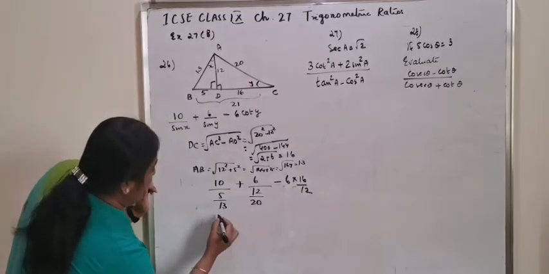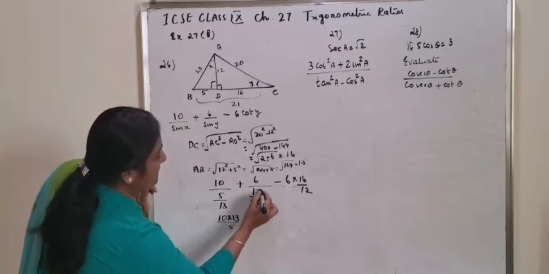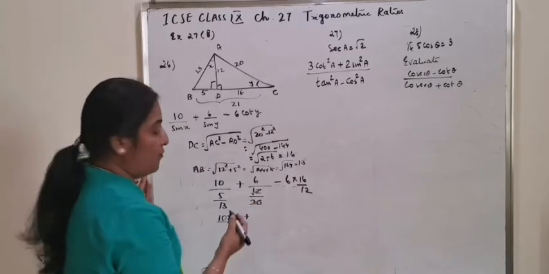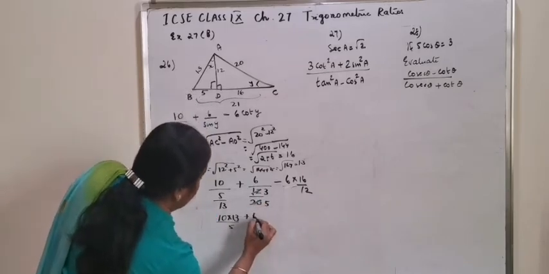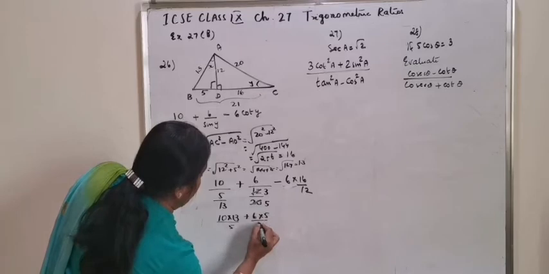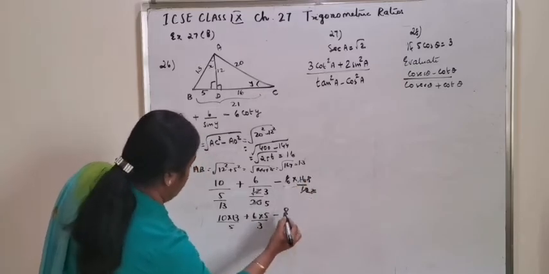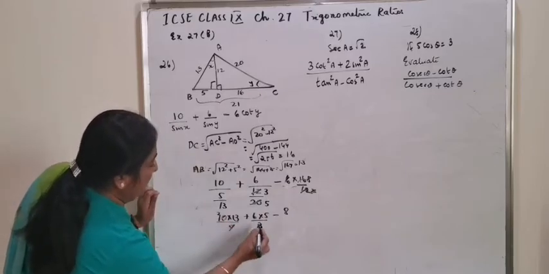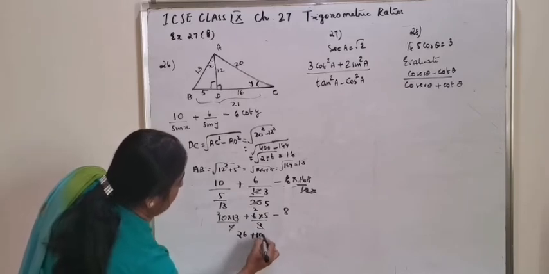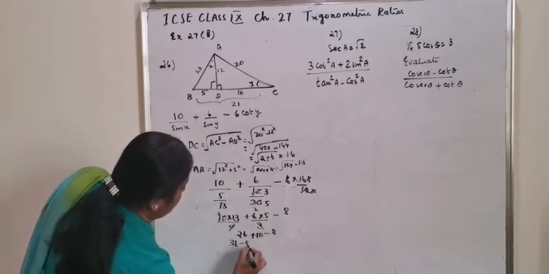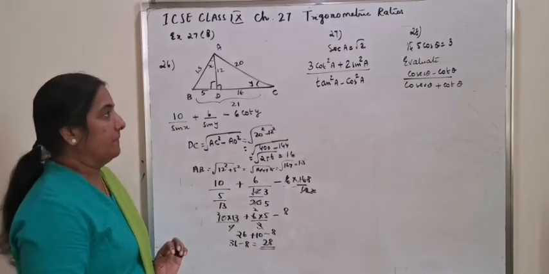Let's take the reciprocal as 10 into 13 by 5 plus, this can be reduced with 4, as 4 3s are and 4 5s are, which is the same as 6 into 5 by 3 minus 16 by 2 is 8. Now 5 2s are 10, 3 2s are 6, that means 26 plus 10 minus 8. 36 minus 8, which is equal to 28.